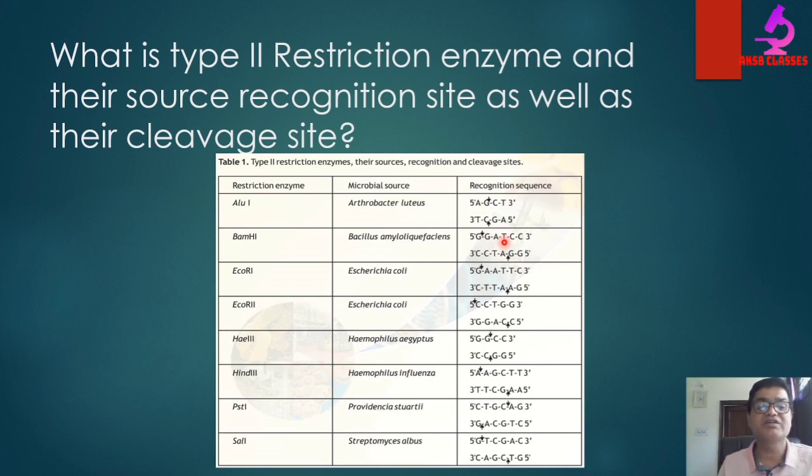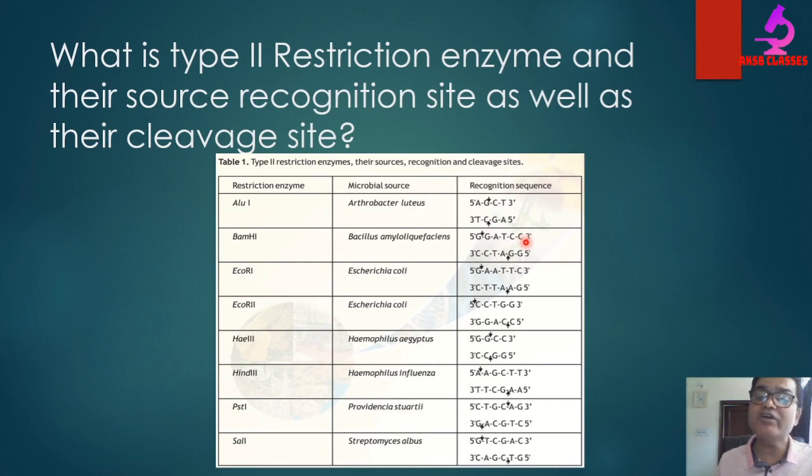So generally the question asks, what is an example of a restriction enzyme, their microbial source, from where we can obtain it, and what is the recognition site or palindromic sequence of that restriction enzyme. So here the recognition site is GGA. If you have remembered GGA, then you can complete the recognition sequence, that is, complementary of A is T, G is C, and complementary of G is C.